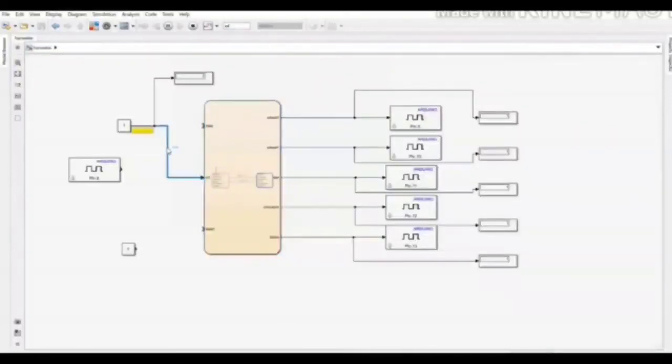Now when I connect this with constant value 0, here are the changes that we can observe.